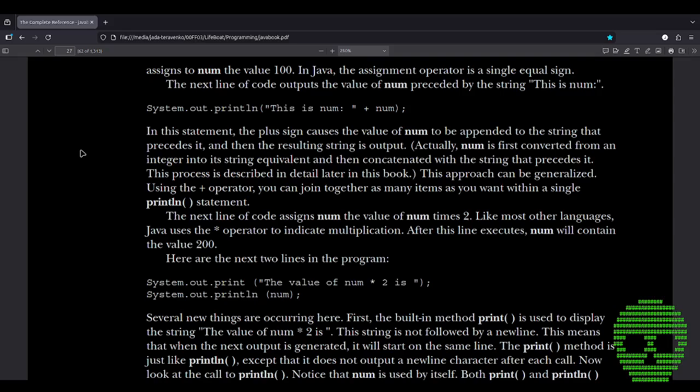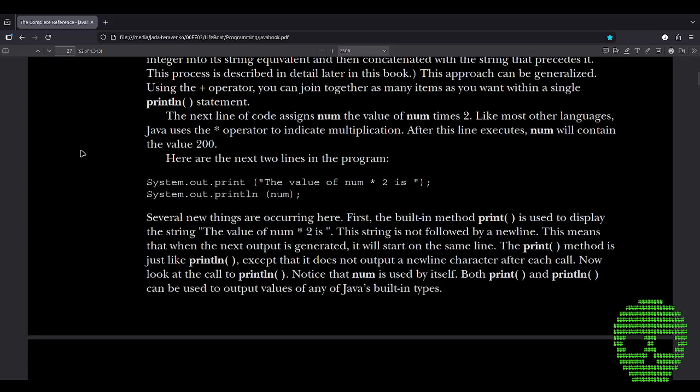After this line executes, num will contain the value 200. Here are the next two lines in the program: System.out.print("The value of num times 2 is "); System.out.println(num);